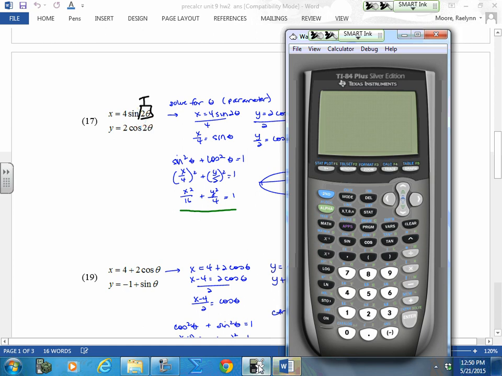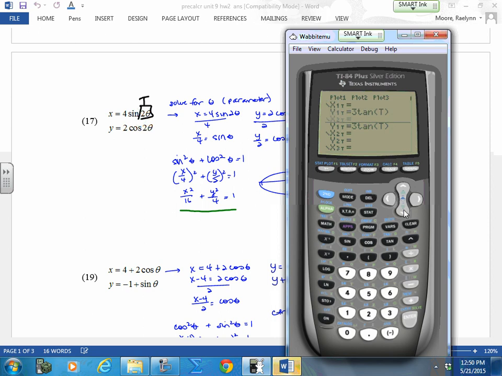Okay? So now, we're going to graph this, and for those of you that weren't here yesterday, or didn't do this, and don't understand it, we're going to graph these just like you read them. This one was the reverse of what we normally say we have, but we'll just put the t in here just because that's the parameter for this. And 2 cosine t. Okay, when we graph this,